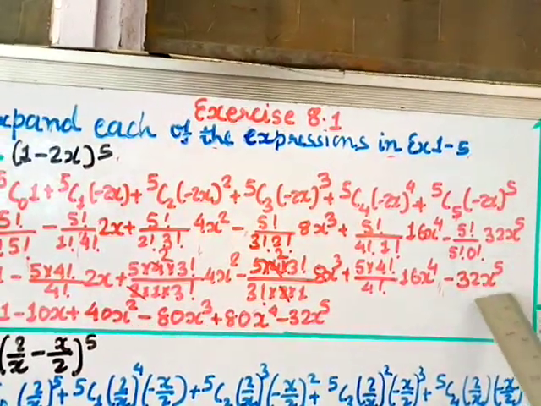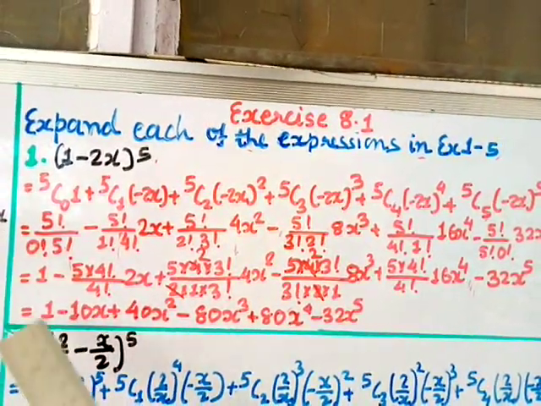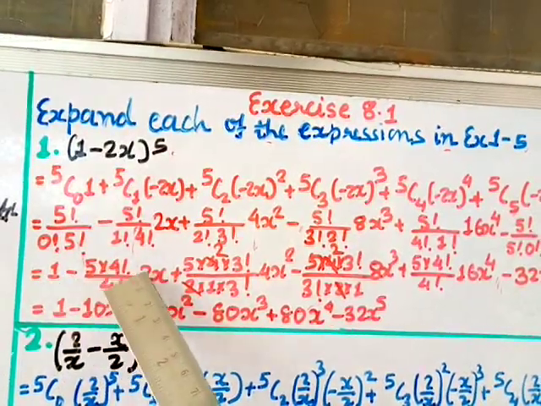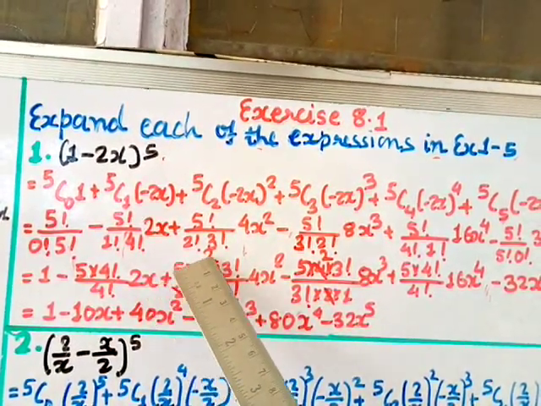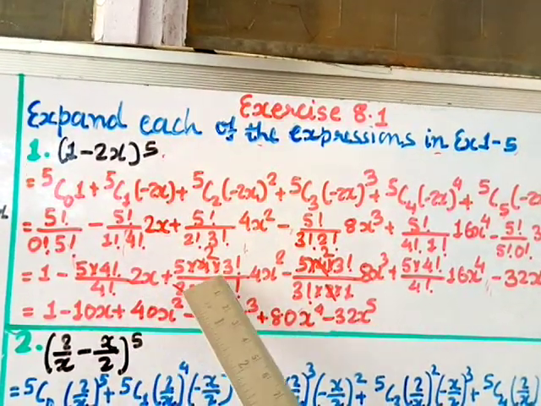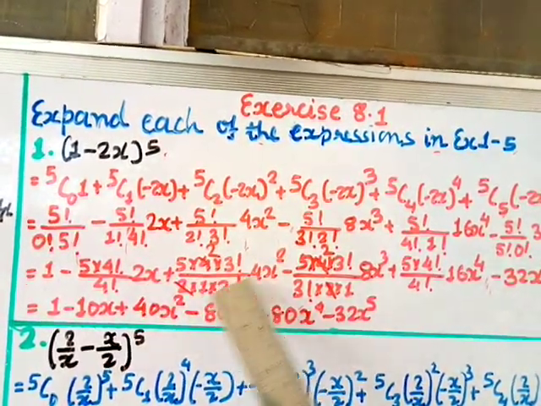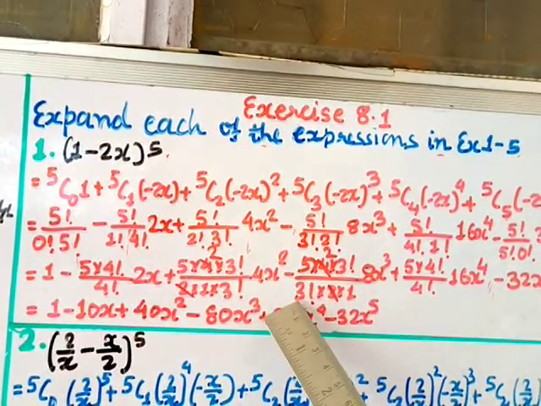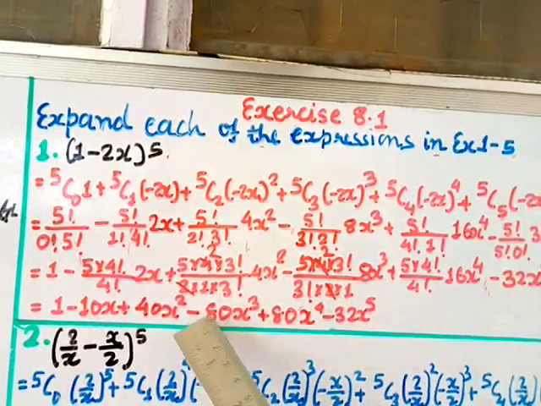Okay, so this value as it is only negative, and this value is 1. So here you can keep 1 as it is, 4 factorial cut, so minus 5 into 2 is 10x. Plus here you can cut this 4 by 2, so you get 5 into 2 is 10 and into 4, so 40, and 3 factorial cut, so here x square, which gives you 40x square. Minus here also I cut 3 factorial, and this 4 you cut by 2, so we get here 2, 5 into 2 into 8, which gives you minus 80x cube.